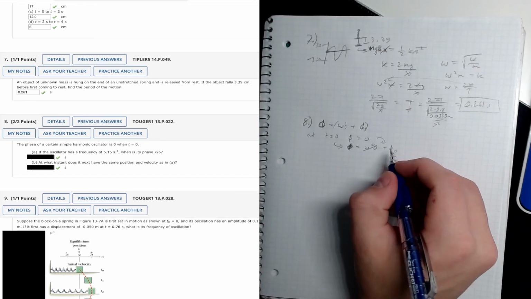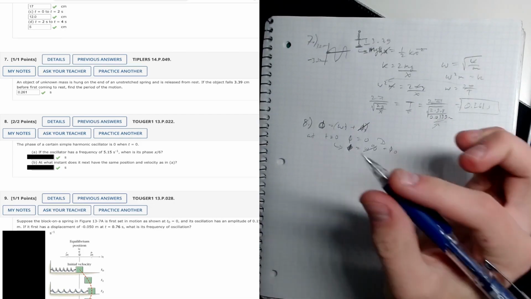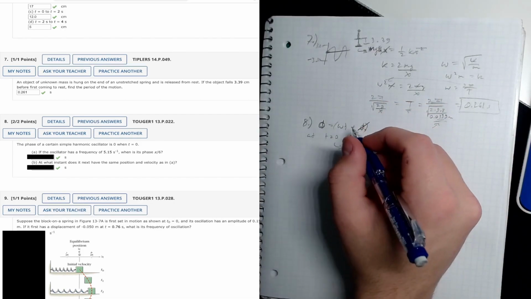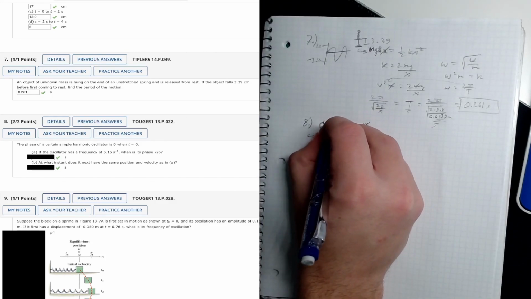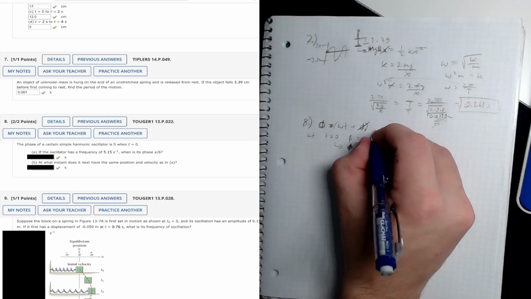So the phase constant is 0 in this case, and we don't need to worry about it in our calculations. So these calculations entail only W and t, which we are basically given here. So for part